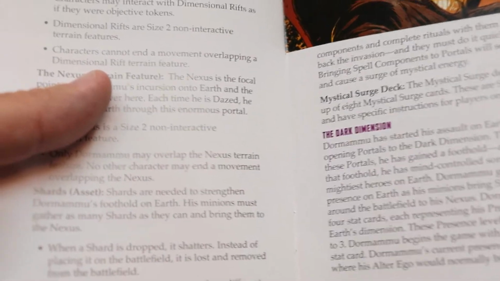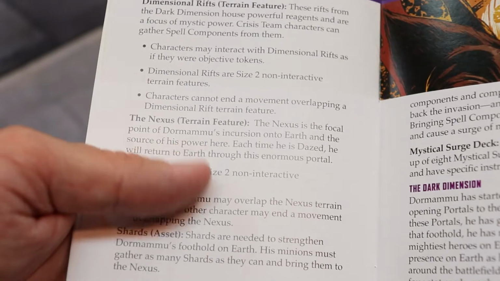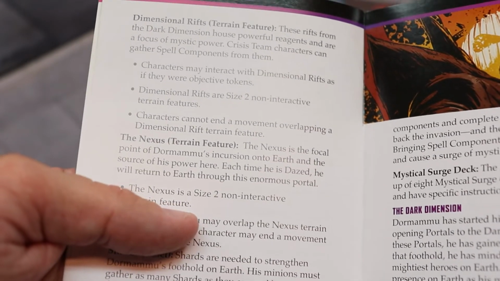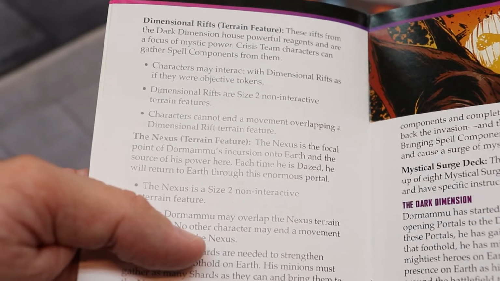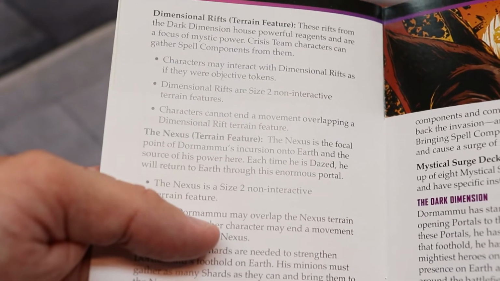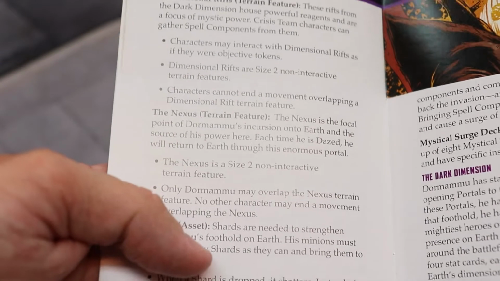So dimensional rifts. These rifts from the Dark Dimension house powerful reagents and are a focus of mystic power. Crisis team characters can gather spell components from them. The characters may interact with dimensional rifts as if they were objectives. Dimensional rifts are sized to non-interactive terrain, and characters cannot move overlapping